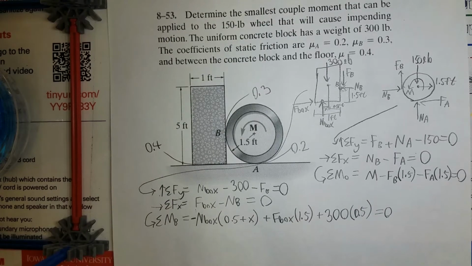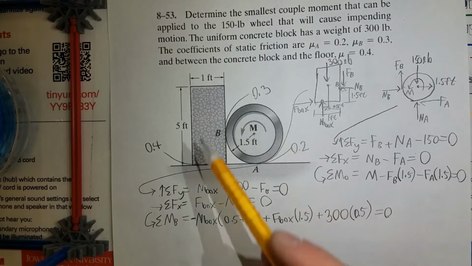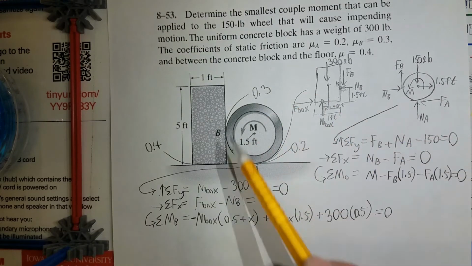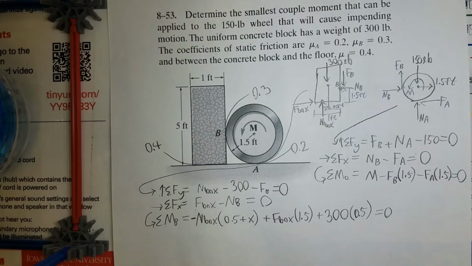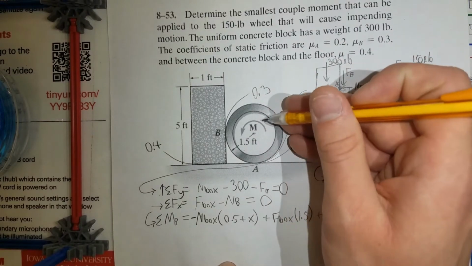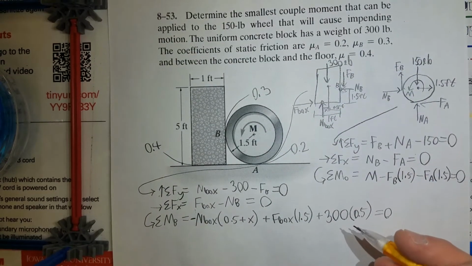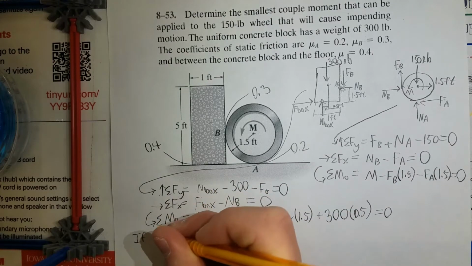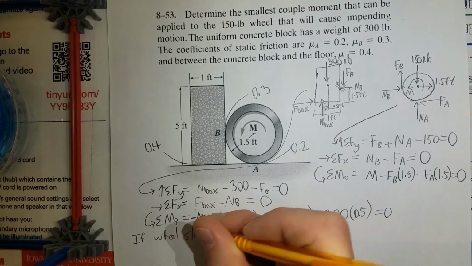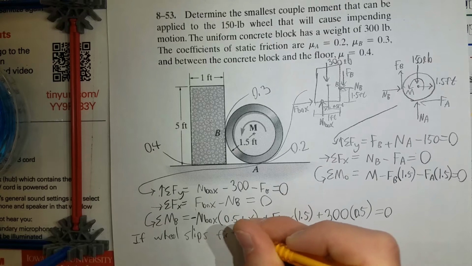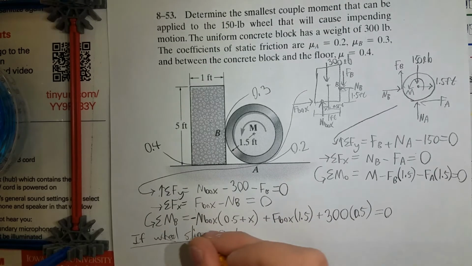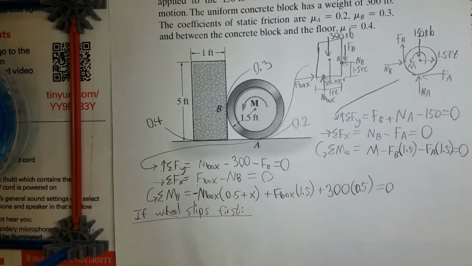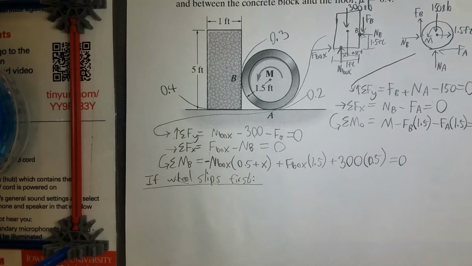And so, like I was saying at the very beginning, we've got three cases: the box slips, the box tips, or the wheel by itself slips. But no matter what case we're looking at, the wheel is going to slip in anything. So it's important that right now we just take a look at if the wheel alone slips. So if the wheel slips first, then what we can take a look at, or what we know, is